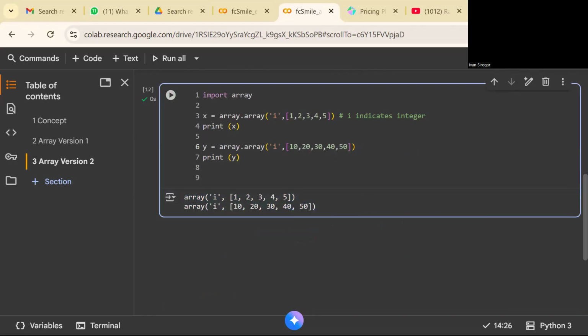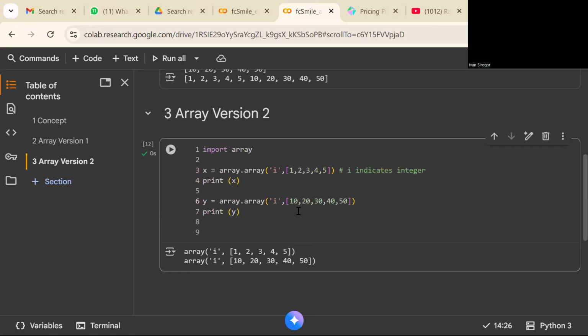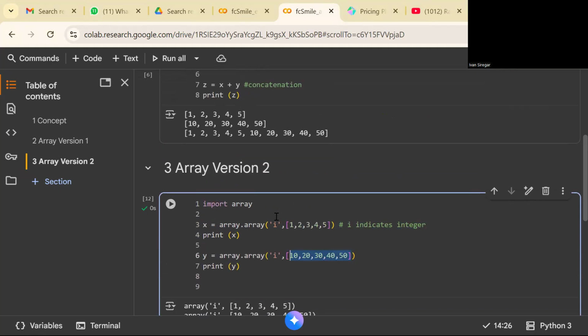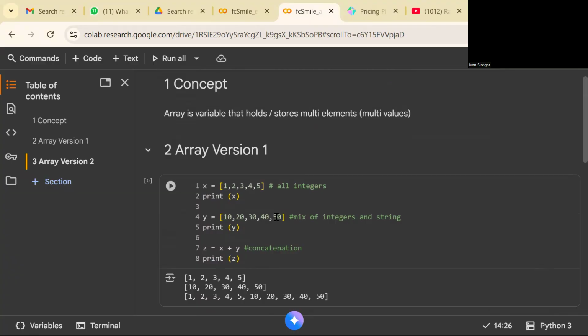Okay, adjust the code. After that, we're gonna go back to the first version to observe. Okay, so what's the difference between this version 2 and version 1? I want you to bear in mind that I indicates all integer, and this also indicates all of the elements are integer. Okay, so what happens with number 1? What's the difference?